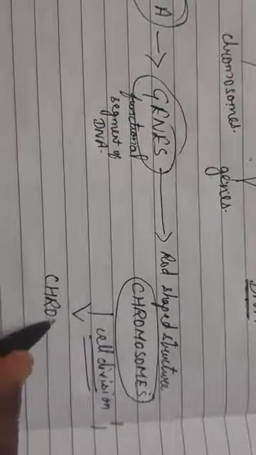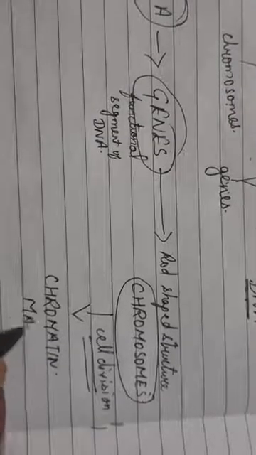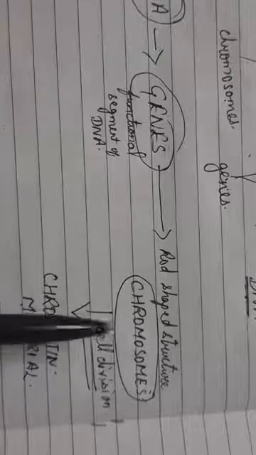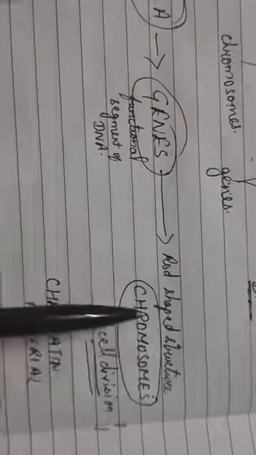So during the cell division, it is in the form of chromatin material. So here you can see, I hope that it is clear to all of you. Chromatin material and chromosomes are almost the same. It is only during the cell division that they rearrange themselves to form the rod-shaped chromosome. Clear, children? So I hope that this much is clear to all of you.